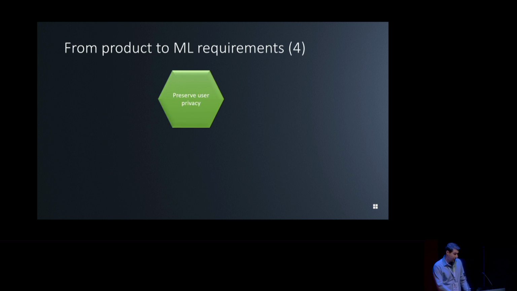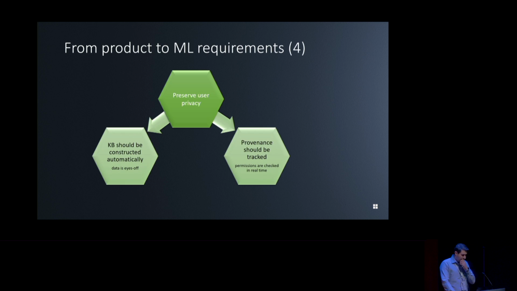Okay. Now, in terms of privacy, privacy is a research problem. I guess it's both a research and engineering problem, but it is not something that you can just tell people to engineer. You can't give them, here's a large language model, use it as a knowledge base, but you engineer how it tracks provenance, right? So we have to think about it as we develop the algorithms. And there's at least 2 things that come to mind here. The first one is that a lot of the data, most of the data, is actually eyes off. You cannot see it. Okay, it's customer data. We don't have access to it.